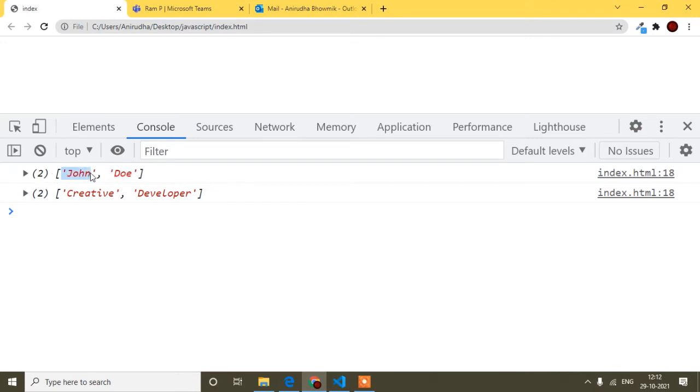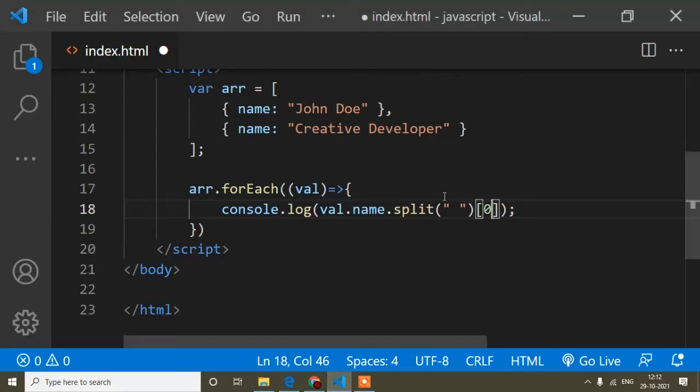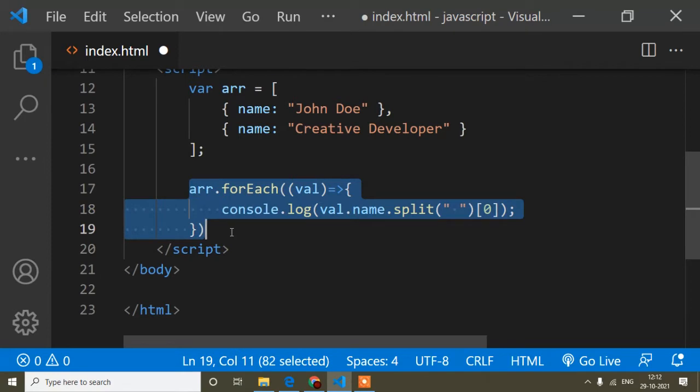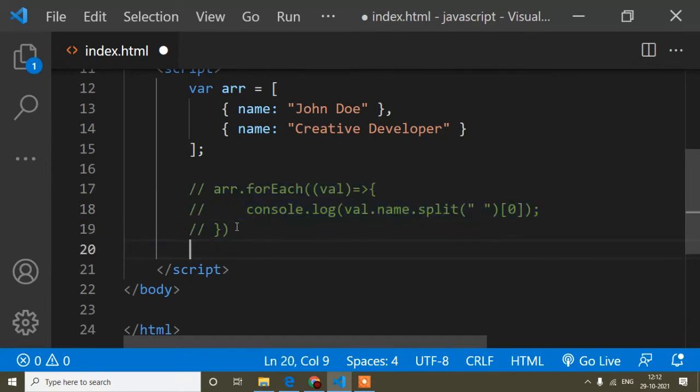I will work with John. We know that when we want to get the first element of an array, we simply write 0, meaning it gets index 0. But if you are getting confused, I will make it easier.